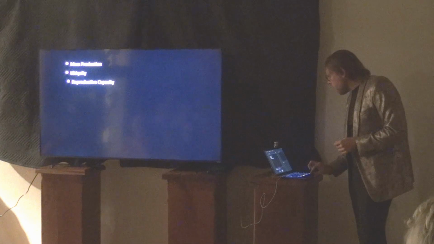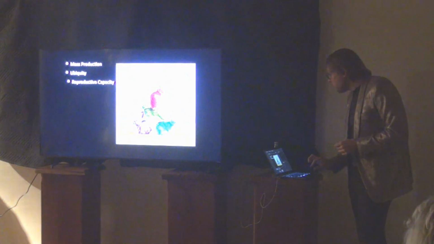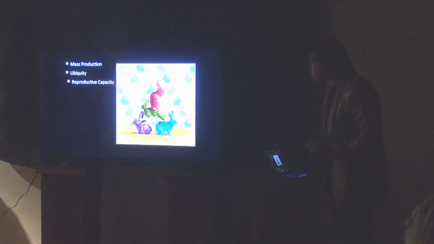So the other idea with the pattern series was the idea of reproductive capacity. This piece is called Multiplication Tables, and I was really playing around with the notion of, well, you have one rabbit, you have two rabbits, suddenly you have 20 rabbits. And again, it gets back to the playfulness and the whimsy that I wanted to bring to this series. But also, I brought in non-objective color, and I did two versions of this painting, different pose rabbits, but the same general composition. One, they were in natural colors, and then this one, I wanted them to have the same sort of color as Easter eggs.